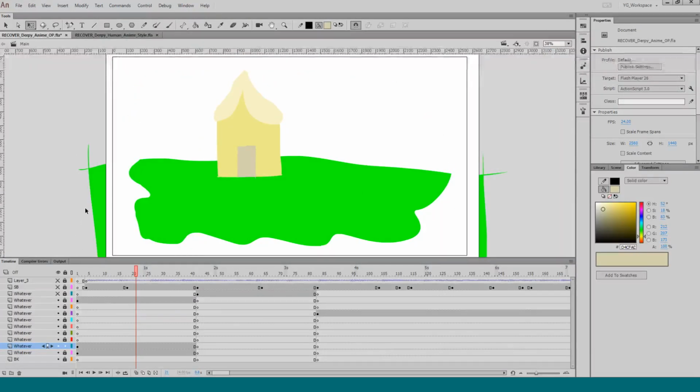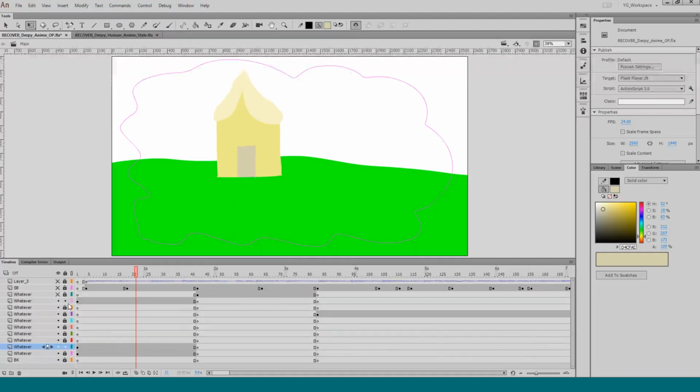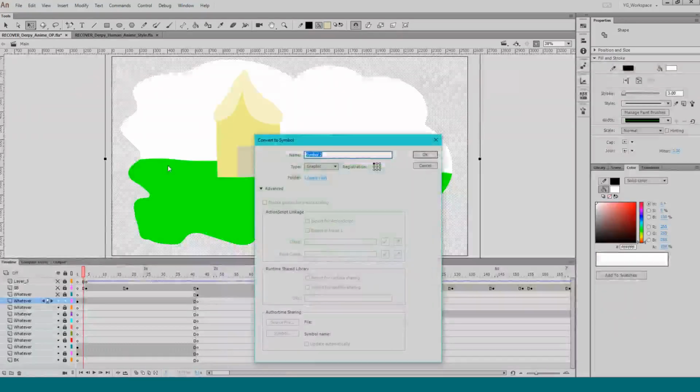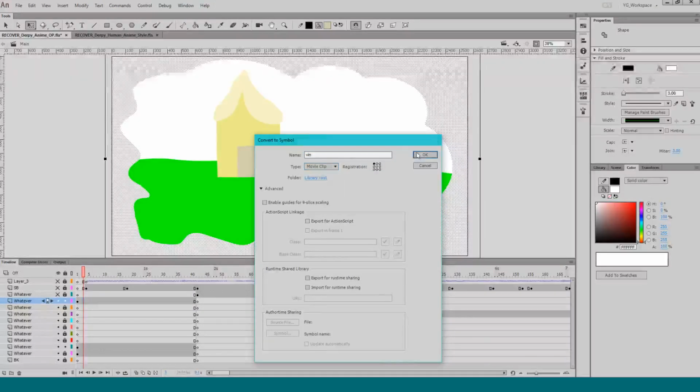When I add this and that, now I can see that it's in this kind of misty, weird realm. And I might just make this into a symbol right now as I go along. I'm not going to be able to spell vignette, so I'll just call it Vin. Or else I might spell vinaigrette somehow.